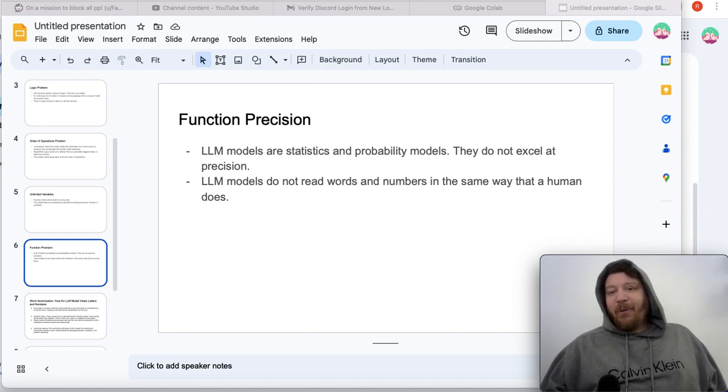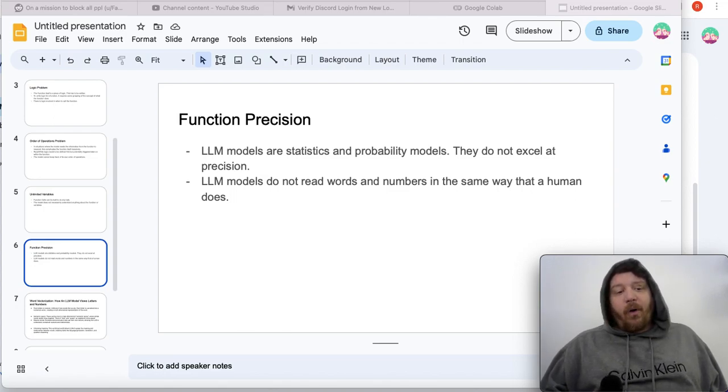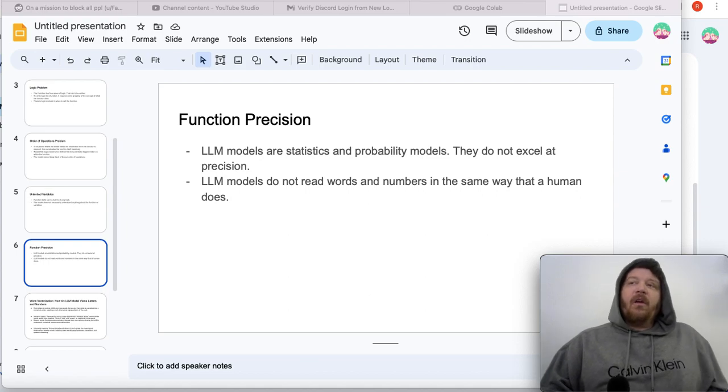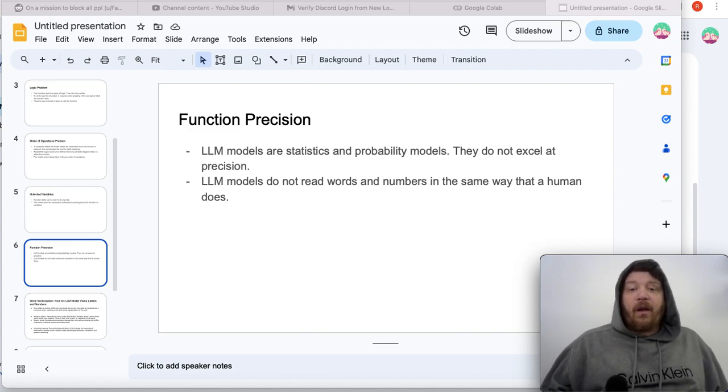Both of these elements combine to form a perfect problem where, if you want your LLM model very specifically to perform these functions, it's a high level task that you're calling upon it. This is much higher level than, say, translating from English to Spanish or something along those lines. This is multiple steps, multiple order of operations problems,